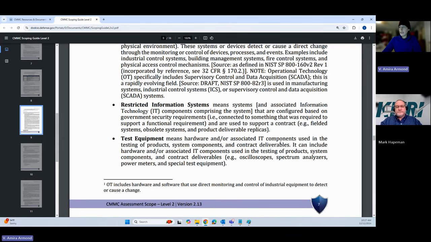So previously, this was read to be very, very specialized to like measuring and sampling stuff. But now it looks like the definition has expanded a little bit, where we could be talking about a dev lab, for example, right? Which is one of the hardest things for contractors to secure.